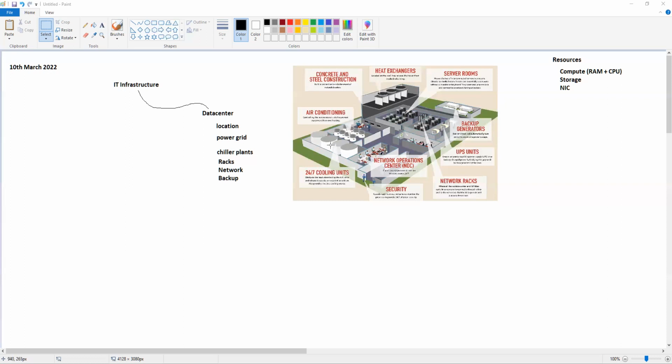But at the same time, you cannot have everything there. What if that country faces some natural calamity? Your whole data center will go down. So you want to have a DR site, a disaster recovery or backup data center somewhere else.